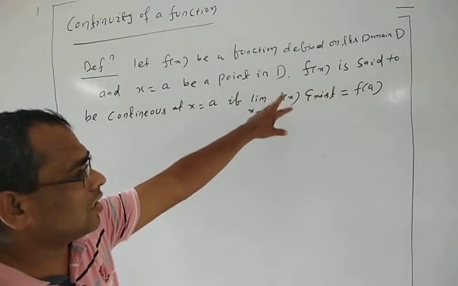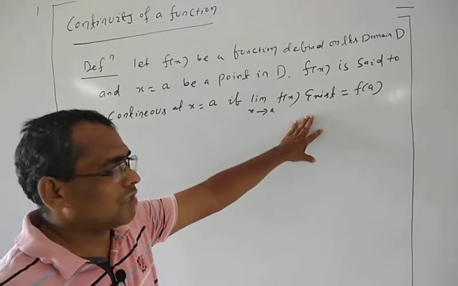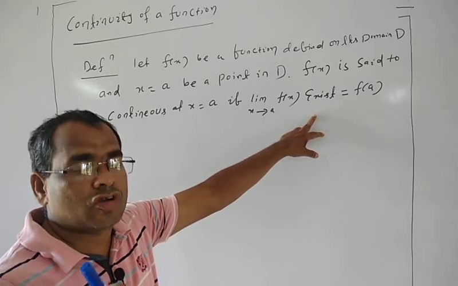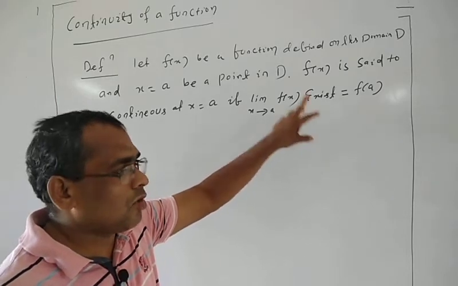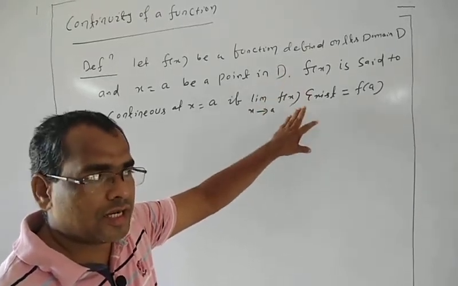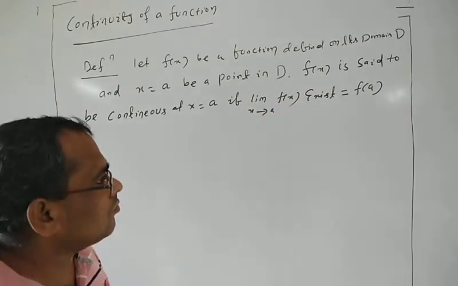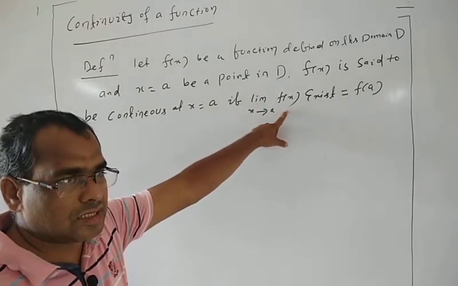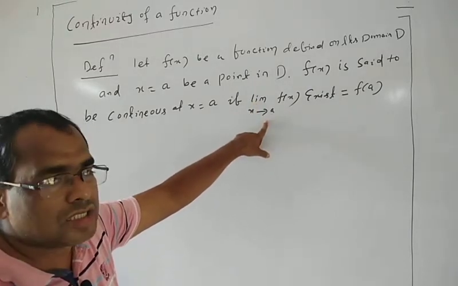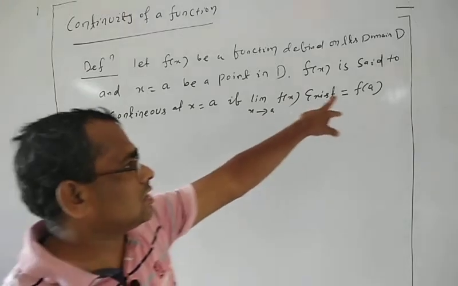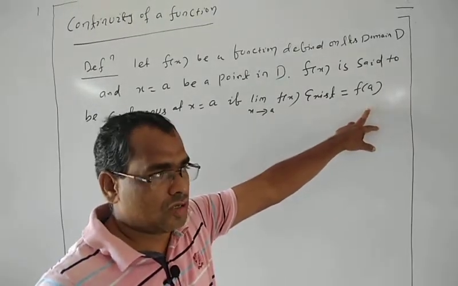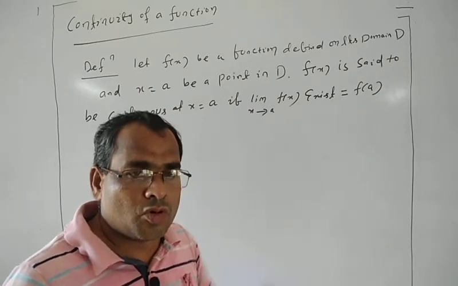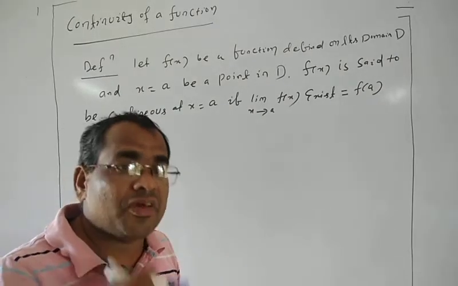Exist means it has a finite value, a definite value; it can never be infinite or an indeterminate form. It must be a definite or finite value, that means it exists. So the limiting value, the limit as x tends to a of f(x), exists, and this is known as the limiting value and this is known as the value of the function. But how to find the value of the function? For the value of the function, you have to put x is equal to a in the given function.